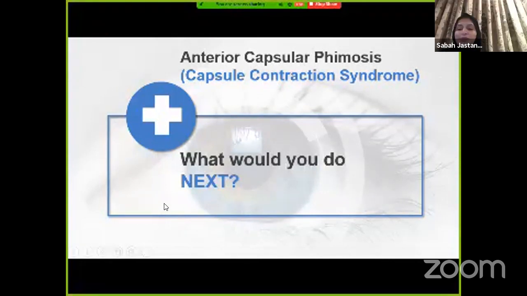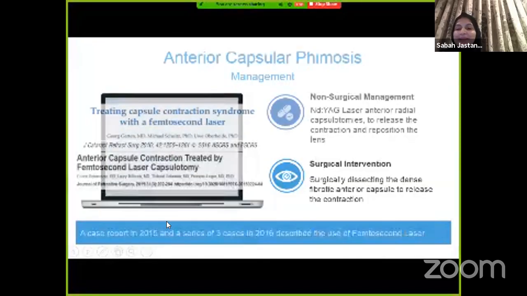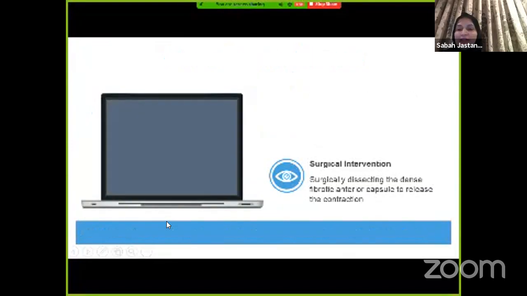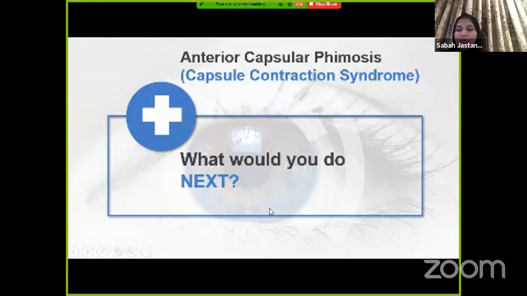Thank you, Dr. Abdul Hamid. Nice case. This was a challenging case from the beginning to implant a multifocal IOL, especially considering that this patient is on steroids and may develop other retinal complications later on that will compromise the vision. But if we take that aside, having phimosis